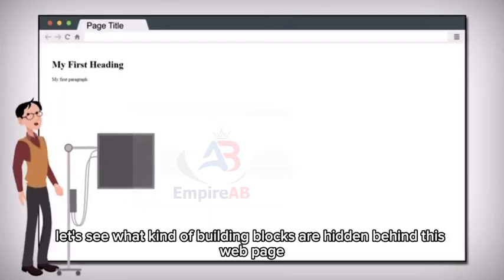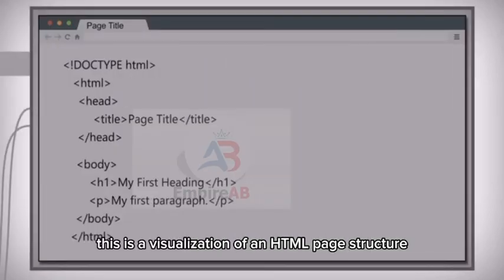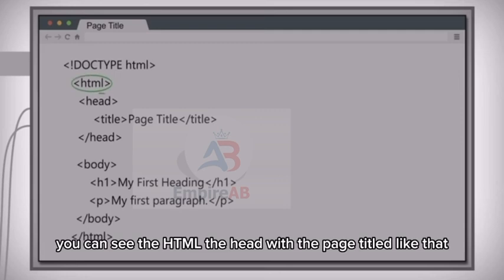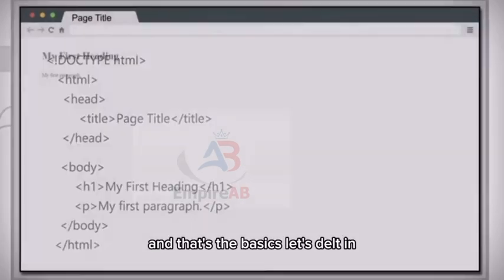Let's see what kind of building blocks are hidden behind this web page. This is a visualization of an HTML page structure. You can see the HTML, the head, with the page title below that, and then the body under that. And that's the basics. Let's delve into